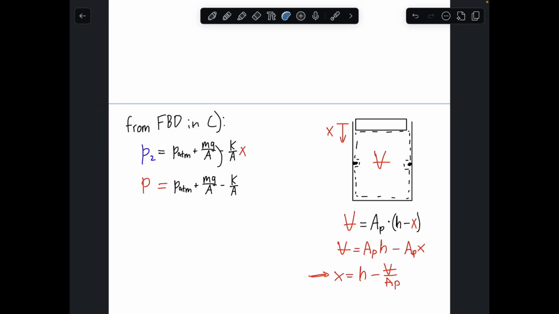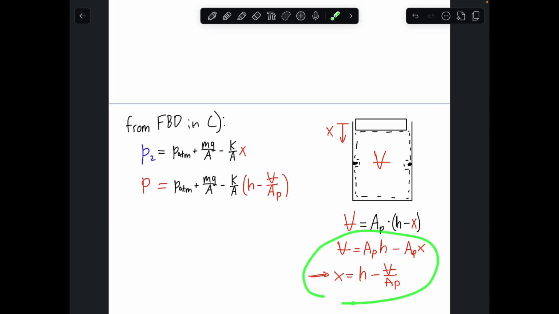all of this stuff here times this H minus V over AP. And then once you distribute this K to the A, you get pressure is equal to V to the 1 here. You know, on an exam, time is really limited, so you hopefully wouldn't want to write out all